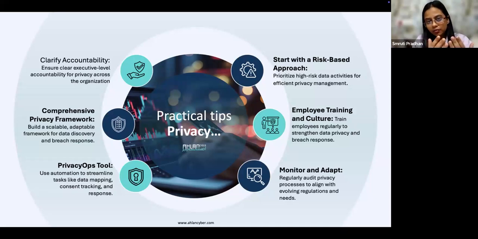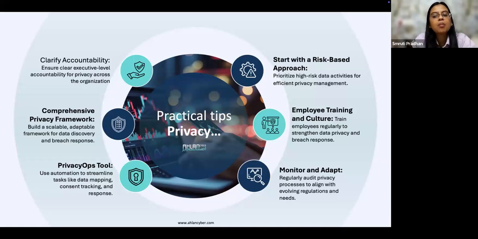Once you fairly know what you are doing in a data privacy program, you can move forward to automation requirements, where you can incorporate technology to make your privacy operations much easier. Since data mapping is a crucial requirement under the privacy laws, and consent tracking is a crucial requirement, it's always important that you have the right technology solution in place which can make your work easier and adaptable.